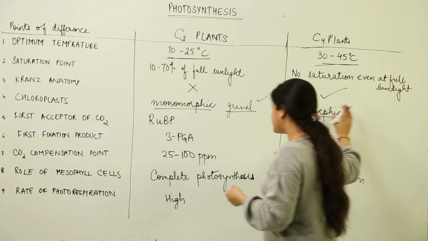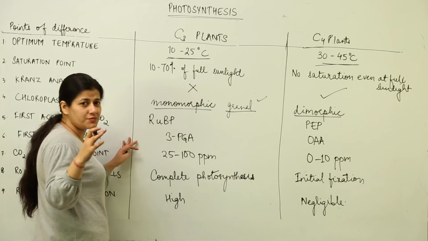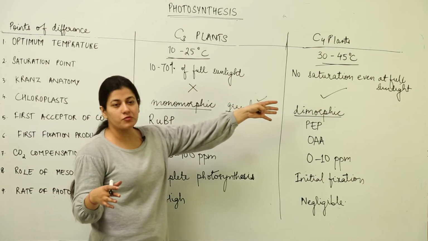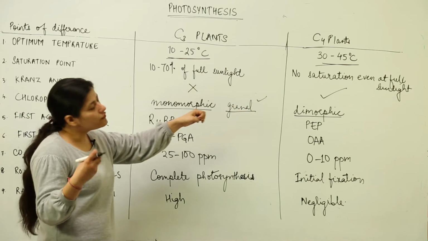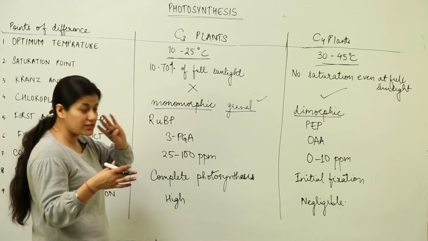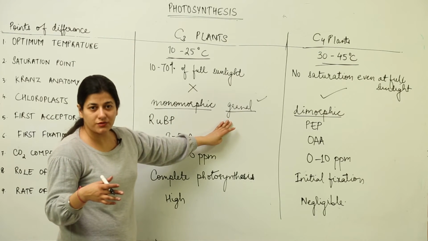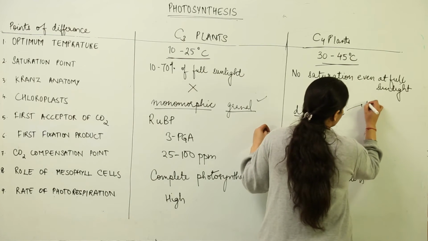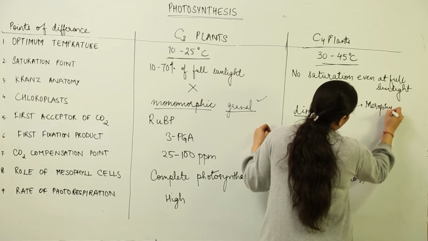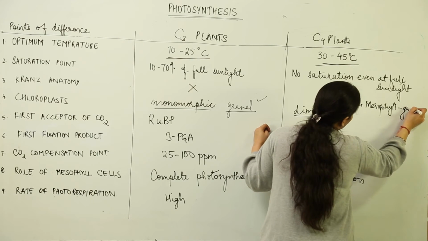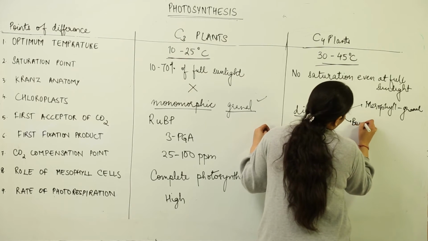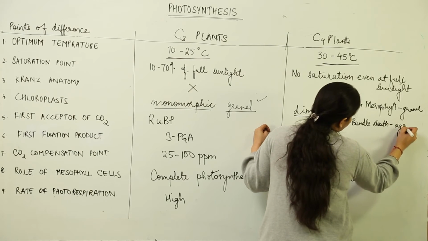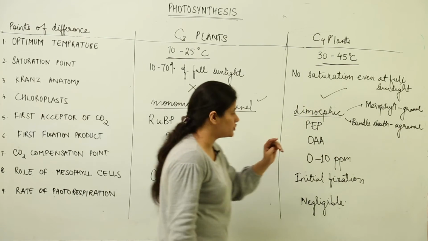Also, there is a different sort of arrangement, that there is presence of peripheral reticulum in the case of C3 plants, while in the case of C4 plants the peripheral reticulum is not present. If you can remember it, it is good. If you cannot, just skip it. Just keep in mind that all the chloroplasts would be granal in case of C3 plants, while in the case of dimorphic chloroplasts, mesophyll has granal chloroplasts, while the bundle sheath has agranal chloroplasts. We had discussed this when we talked about the Kranz anatomy. This is a repetition of that point only.